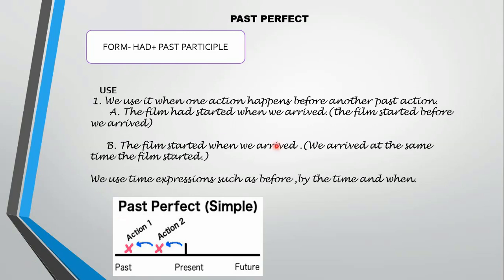But it is not placed in chronological order. That's the reason for the most recent action, she couldn't drive, we are going to use what? Simple past tense, and the action that had happened earlier than the recent action, we are going to use past perfect tense. Okay, like on Monday, she lost her keys. On Tuesday, she couldn't drive. This means this is in sequential order. Okay, this is a chronological story with time moving forward. That is, on Monday, she lost her keys. On Tuesday, she couldn't drive.